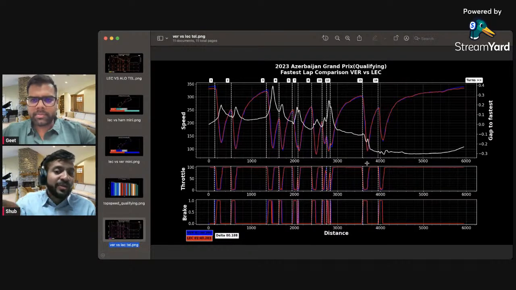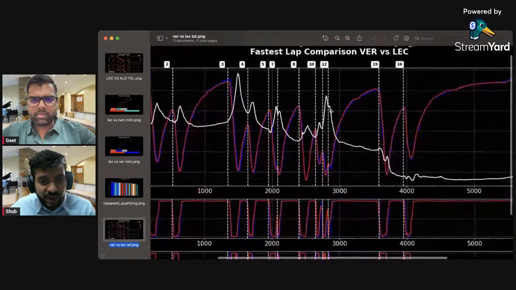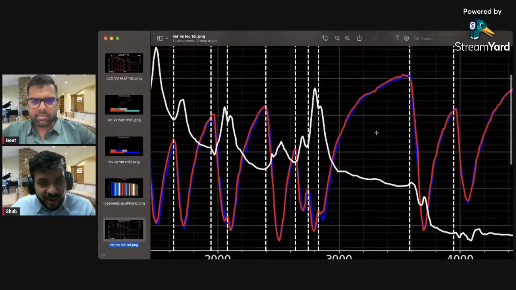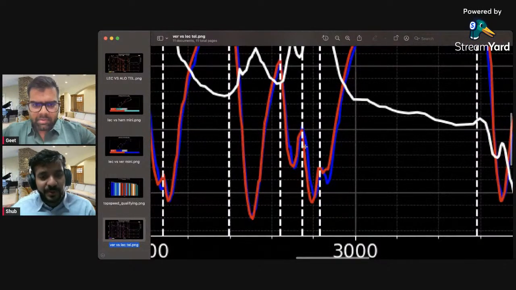And you can see at the end of the straight how that line starts to go slightly on top, but is not able to make up all the distance, all the time that Leclerc has made. But if you just zoom into that turn 12 section, if you just zoom into that line on speed, right, you can see what he's doing here. If you look at the speed trace of the Ferrari and the Red Bull, what you can